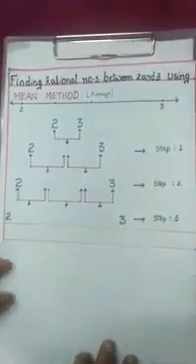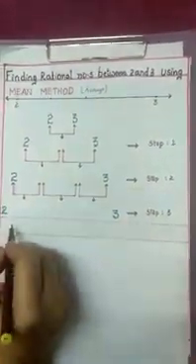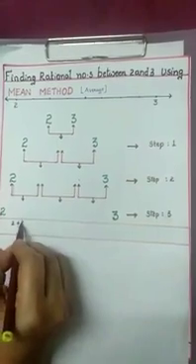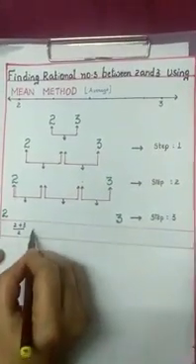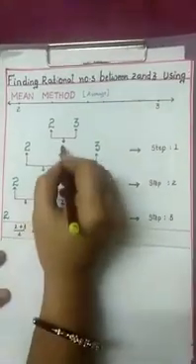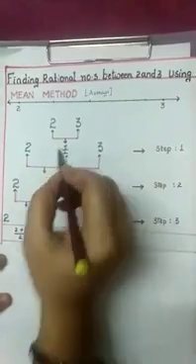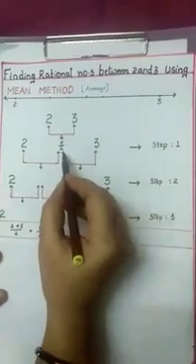Now here we first find the mean of 2 and 3. So add 2 and 3. As we are adding two numbers, we divide by 2. So 2 plus 3 is 5, so 5 by 2. So 5 by 2 is a rational number in between 2 and 3 that we got in step 1. This 5 by 2 is exactly in between 2 and 3.